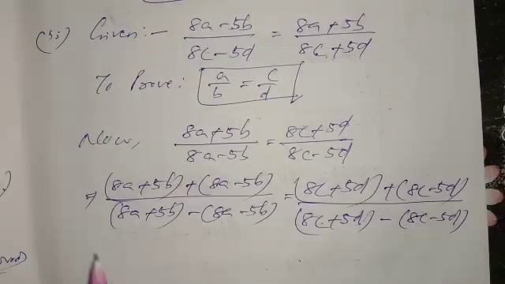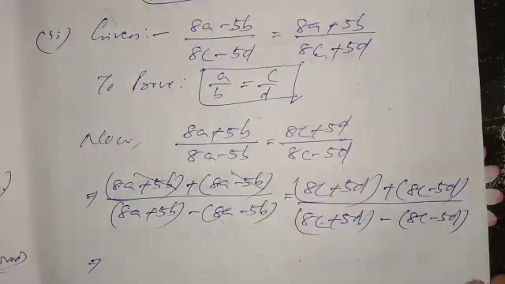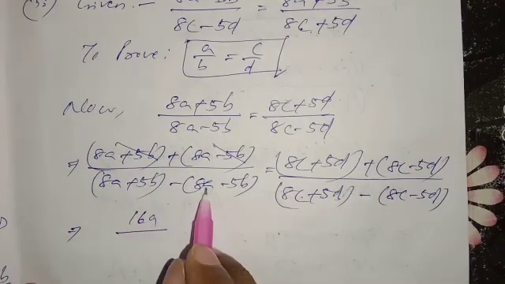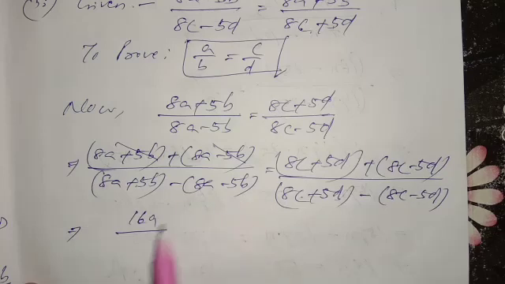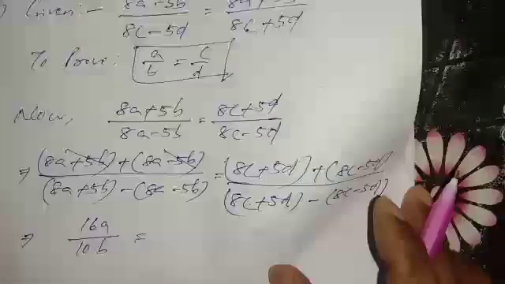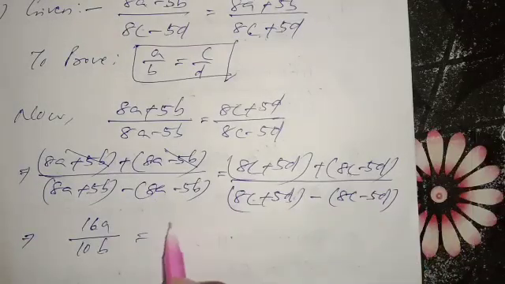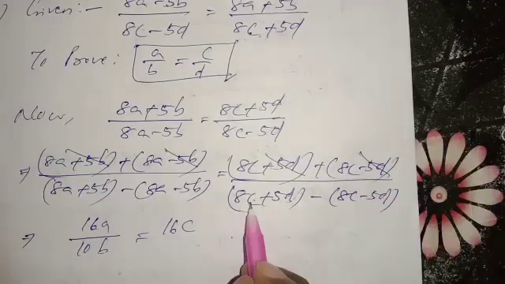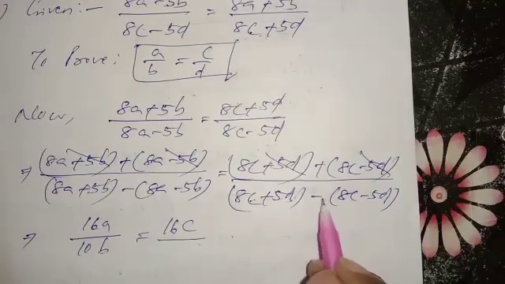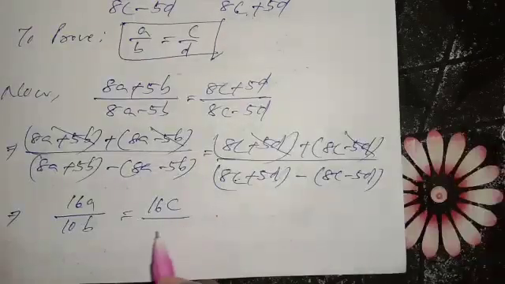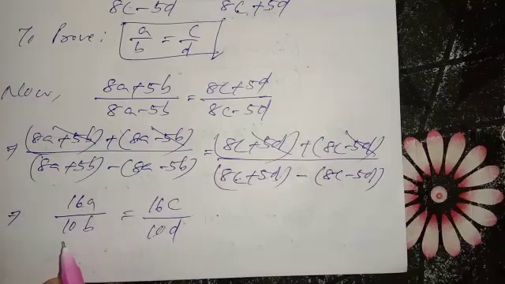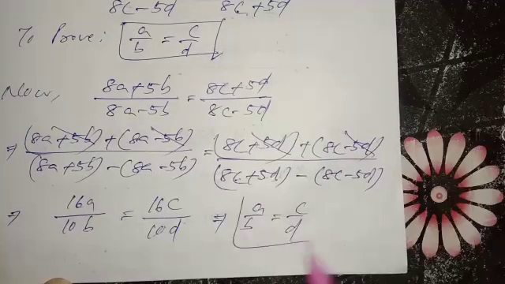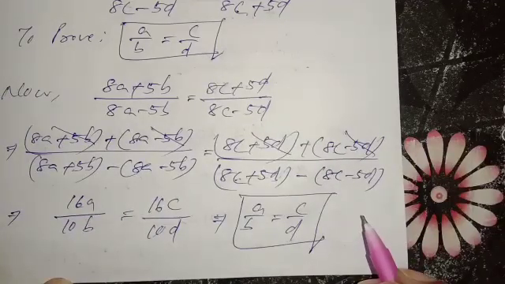Now see, plus 5d minus 5d can be cancelled. 8a plus 8a, that is 16a. In the denominator part, 8a minus 8a, if I open the bracket, can be cancelled. Plus 5b, this will be plus 5b, 10b. Same process this side, 8c plus 8c, this will be 16c. Plus 5d minus 5d cancel out. Now if I open the bracket, this will be 8c minus 8c cancel, 5d, and this will be plus 5d. How much coming? 10d. Now from both sides, 16 by 10 can be cancelled. A by b is equal to c by d left. And in this way, number 2, first part, second part also proved.